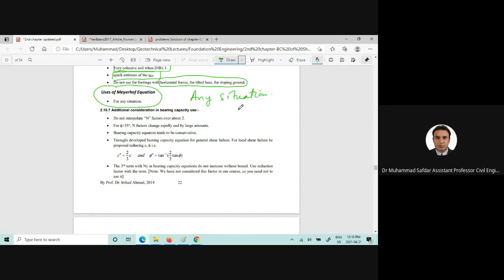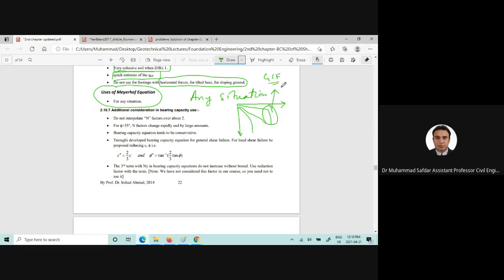We discussed three types of failure modes. For example, there was a general shear failure mode, a local shear failure mode, and a punching shear failure mode. So the Terzaghi and Meyerhof equations assumed this type of failure mode, which is the general shear